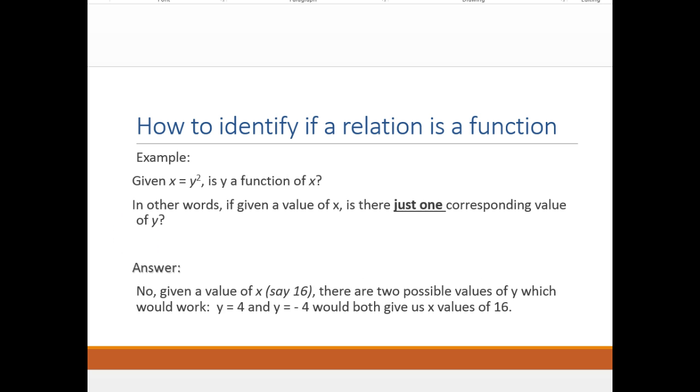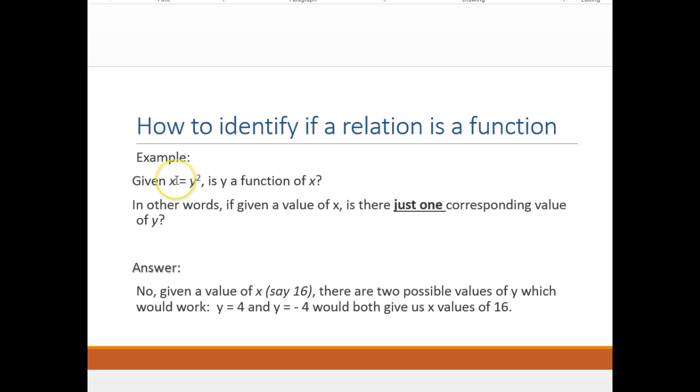Let's look at another example. Given x equals y squared, is y a function of x? In other words, if given a value of x, is there just one corresponding value of y? In this case, the answer is no. Because if I pick a value of x, say 16, there are two possible values of y which would work. Y could be 4 or y could be negative 4, because 16 equals 4 squared and 16 equals negative 4 squared. So therefore, there is not a unique value of y for